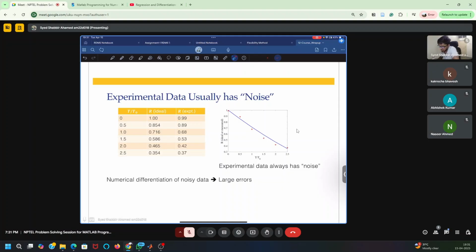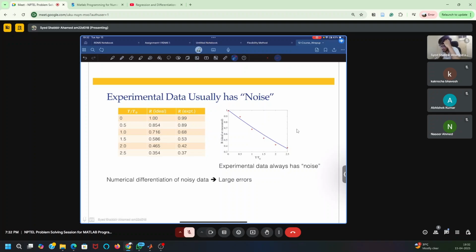So somehow I have to remove this noise, or reduce this noise from my experimental data. For that we use a lot of different techniques, like filtering. You might have heard about the Kalman filter or something else. Here we can just use linear regression, or regression, to minimize the error and fit a curve which passes through these experimental